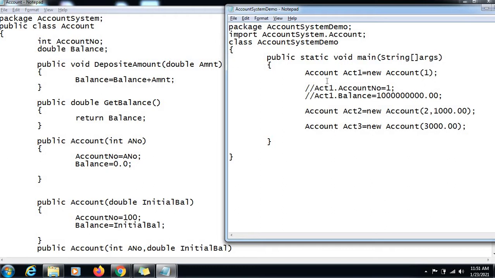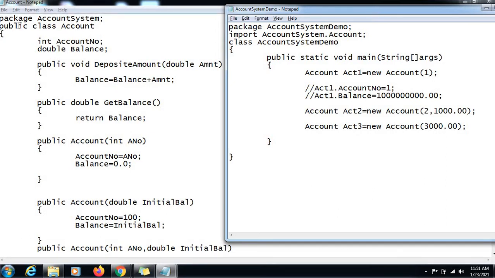Now we want our compiler to take care of this, but for that we have to have two things in place. First, your class name and file name, the name of the class and the name of the file in which the class is written, should be the same.